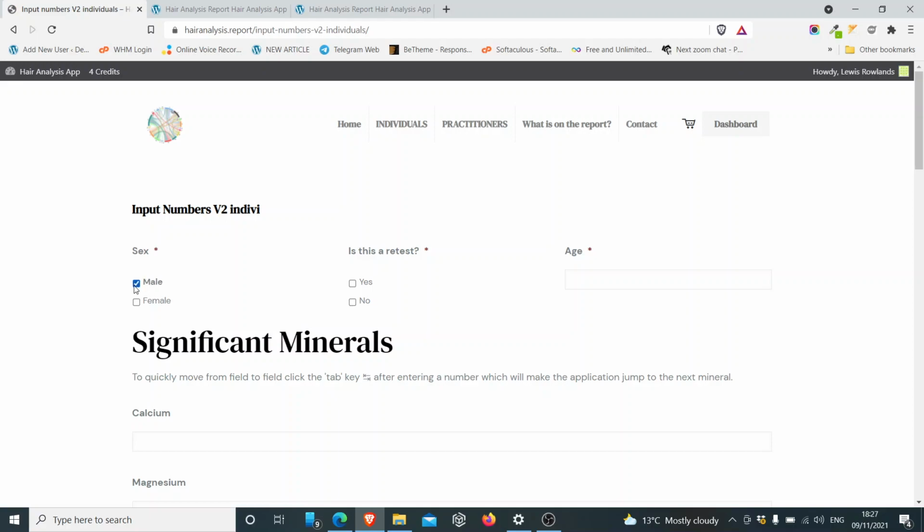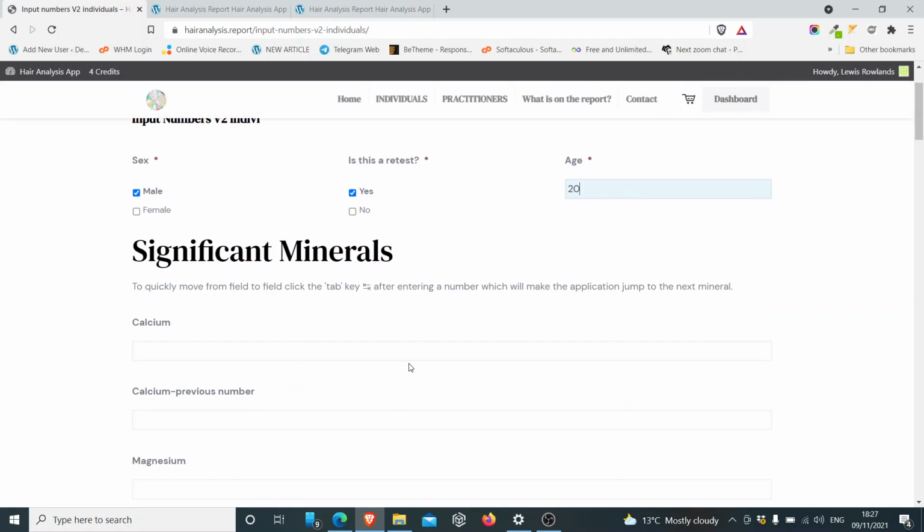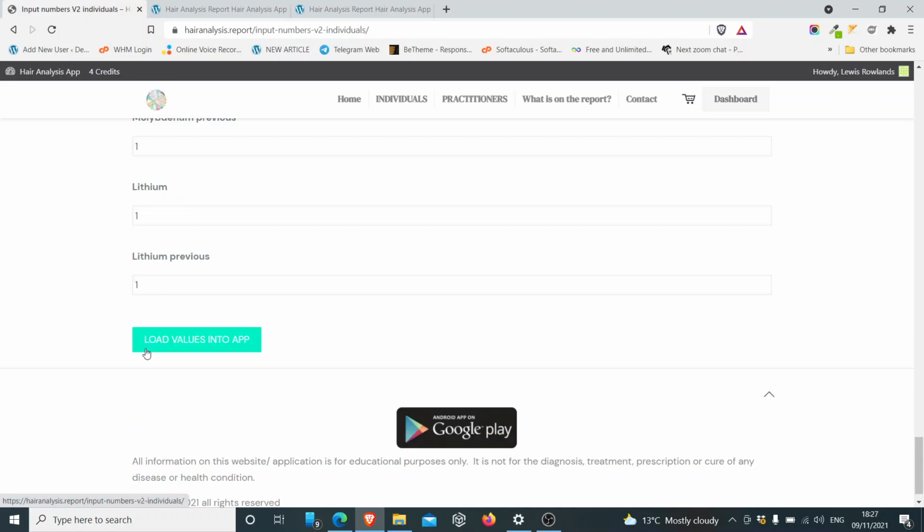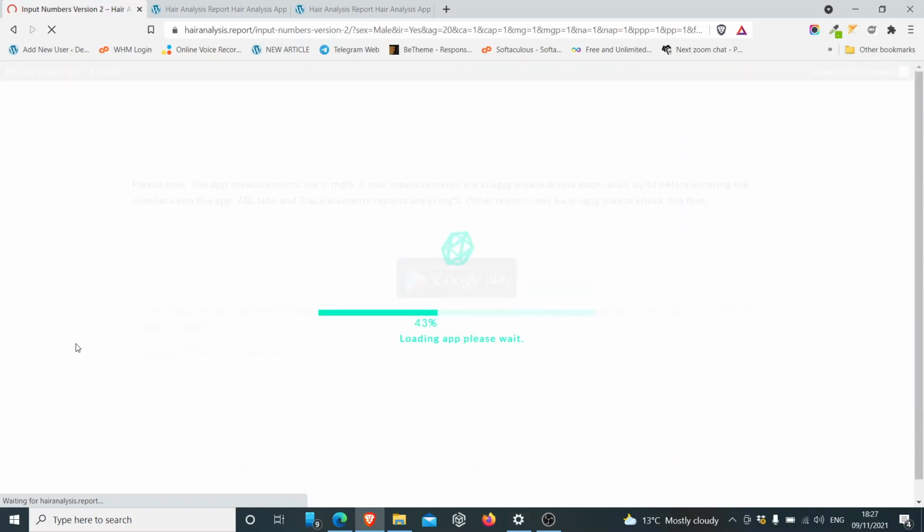and then you can just pop in here. I'm just going to quickly add some numbers in. So once you've added all your numbers in, you just click on load values into app, and this will load your information into a more integrated system. It just speeds things up if you're just adding in the values on the previous page before, and then you just wait for this section to load up where you can insert your name, decide whether you want to get a